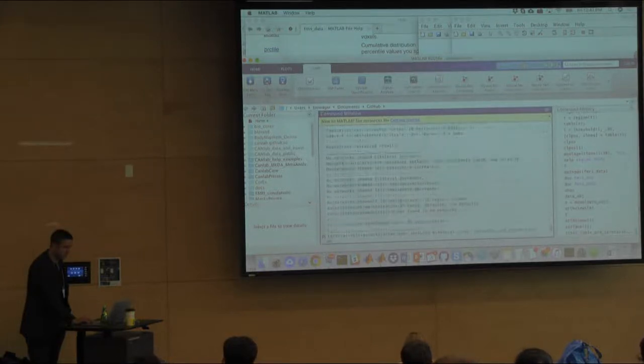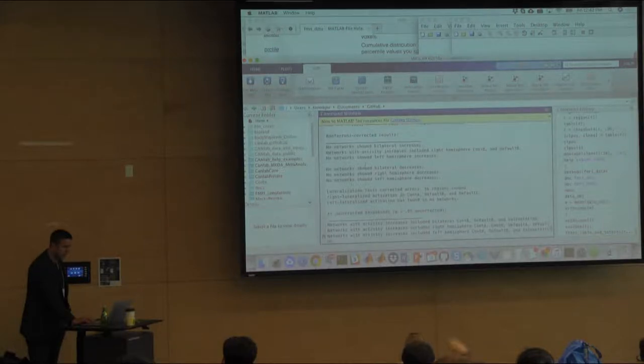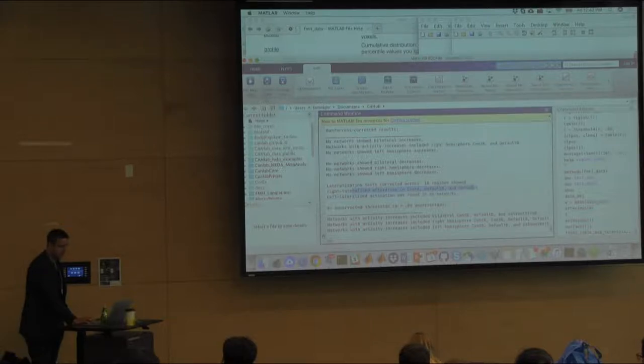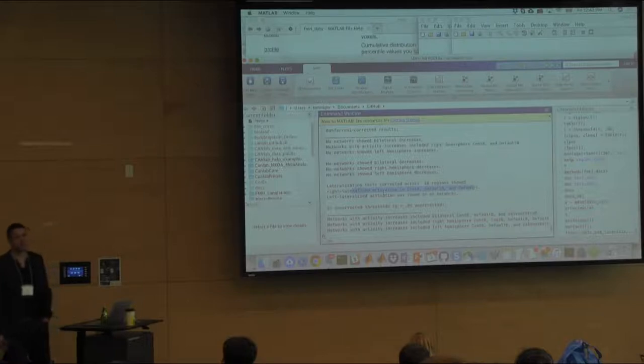So then it will print out this report, and it will say, aha, well, with Bonferroni correction, I don't have any networks with bilateral increases, but I've got right hemisphere control B and default B network increases. And I've got right lateralized activation in control A, default B, and default C. No left lateralized activation. Okay. So that gives me an analysis of the lateralization. And